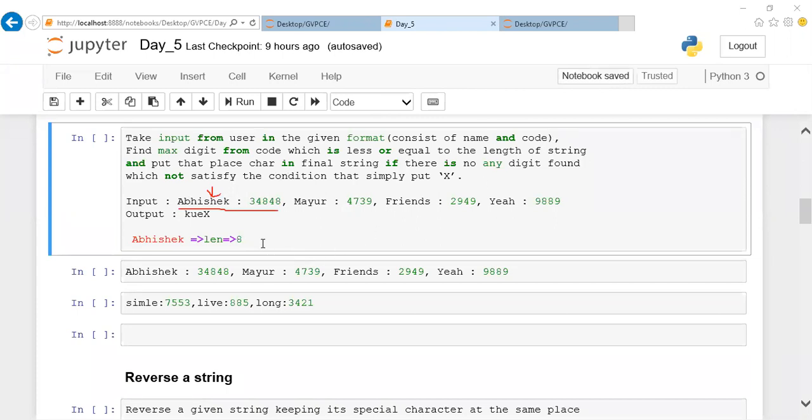You can find that they have given one more integer next to it. The integer given is 34848. Here you are supposed to find whether the particular length of the string is present. Yes, the digit 8 is present. So if 8 is present, then take the character at the 8th position. What is the character at the 8th position in the string? Come on, be interactive. One or two are responding. No character.